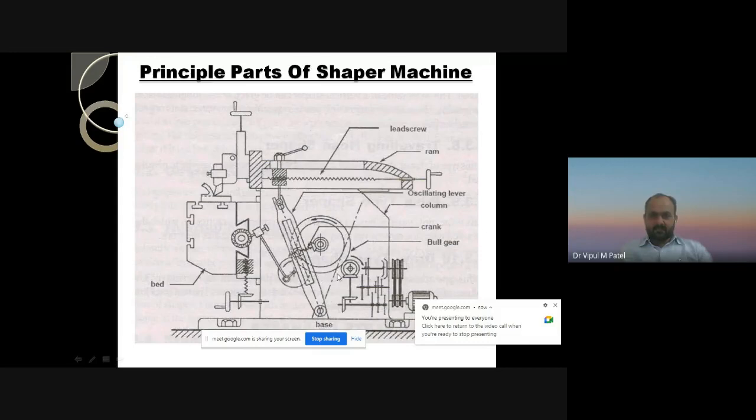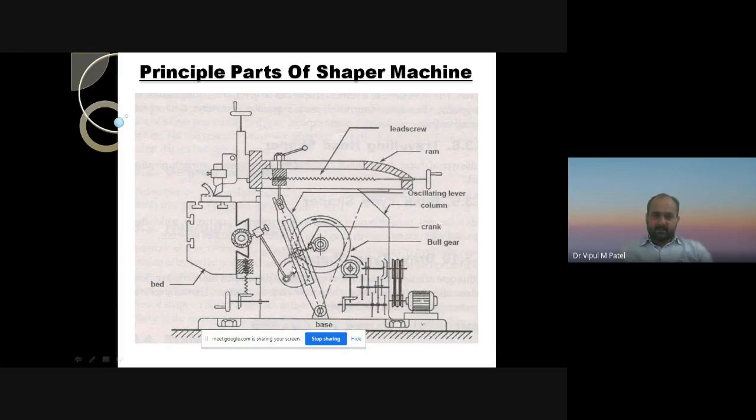This one is a crank, this one is a bull gear, this one is a column, and this one is an oscillating lever. With the use of this rotary motion and this crank, the oscillator is there, so we can easily transmit the reciprocating motion. So this ram will reciprocate in this way.